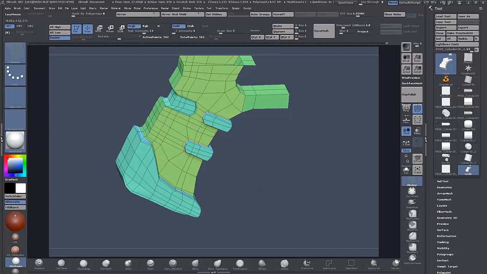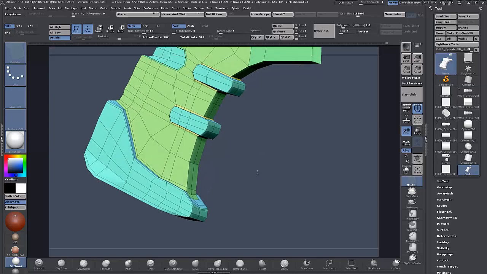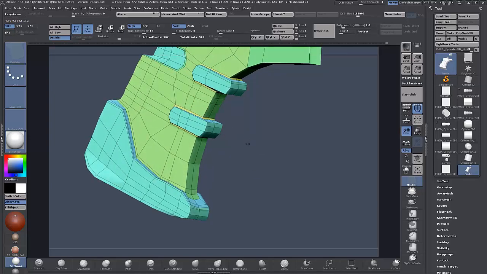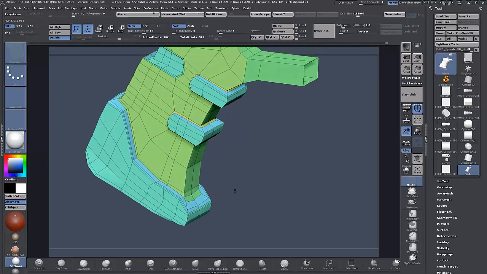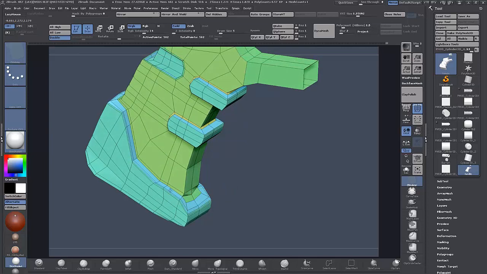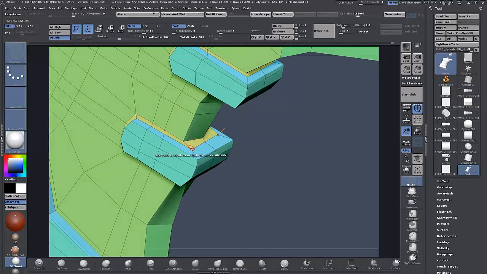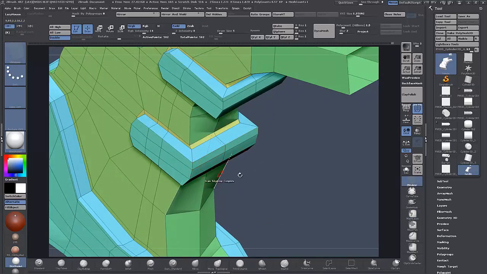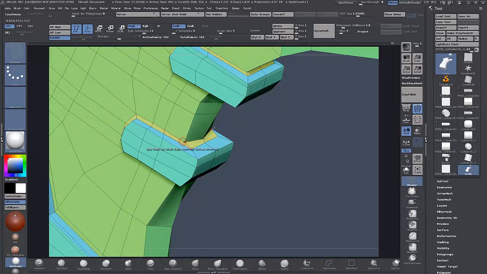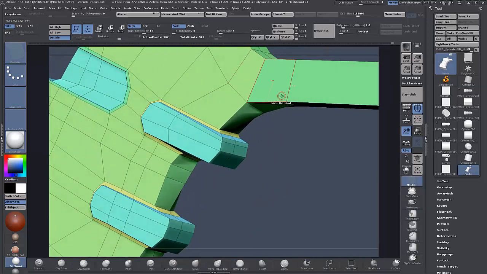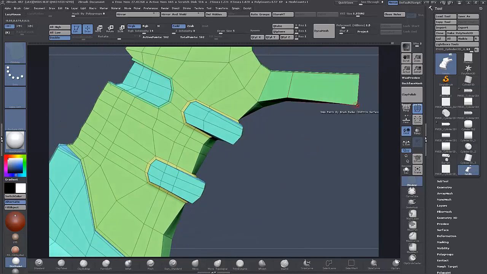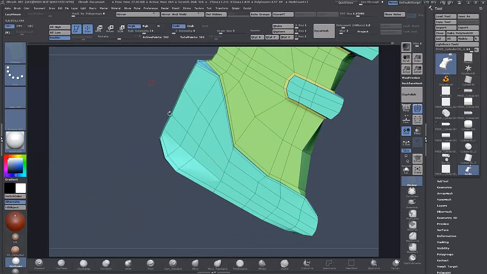So what we can do instead, I suppose, is just slide some of these back on the edges here. So what we'll do is we're on points, so we can just slide these back, and that'll give us a roundness there. We slide this back as well. We'll leave that one where it is, and that's pretty square. We might just taper that off a little bit. Square around there,